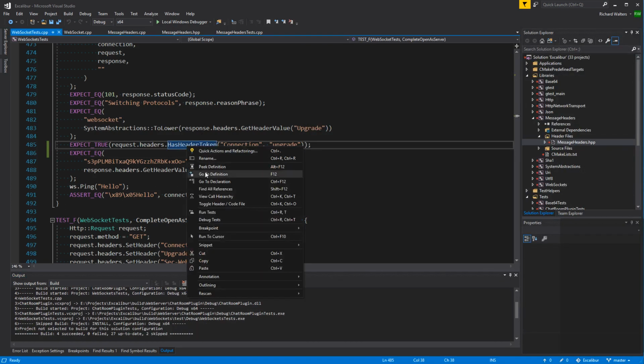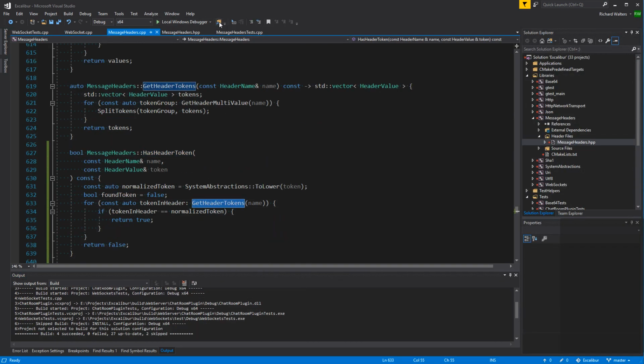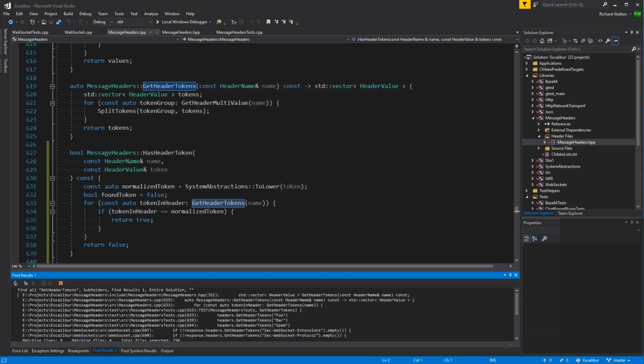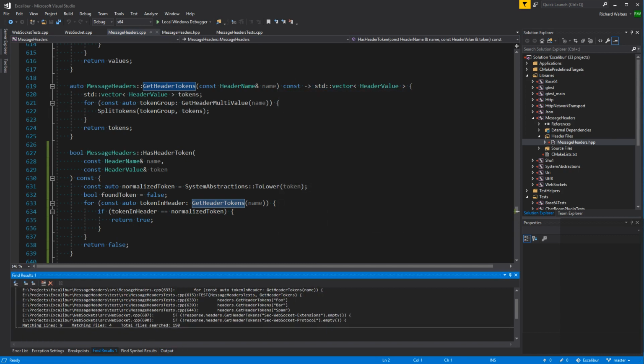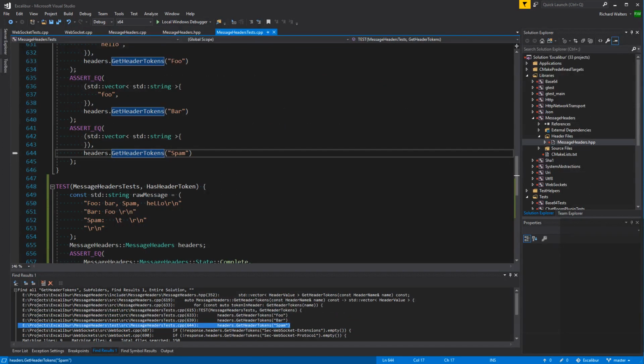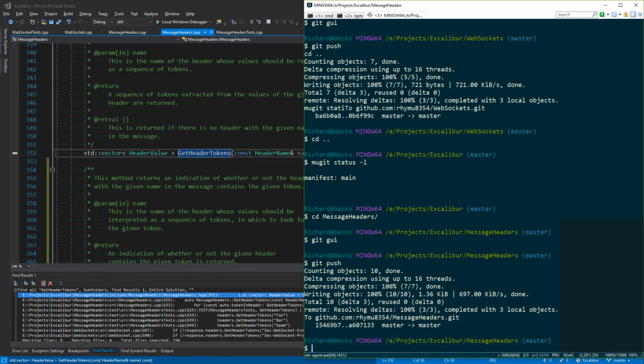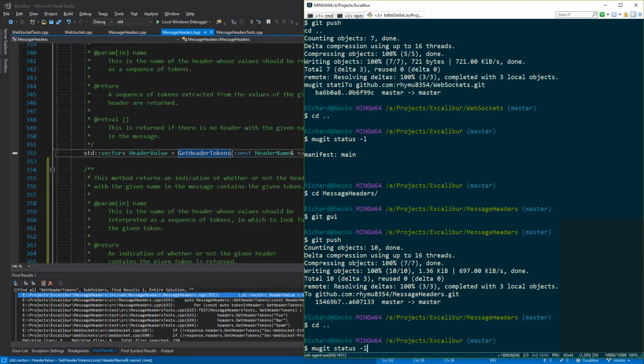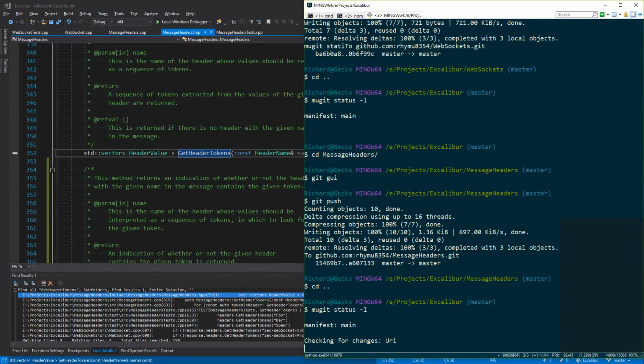Now, let's see. Did I get them all? Did I catch them all? The two not empty ones, and this is the test. Okay, I think that's it. So, is that only in WebSockets where we use this stuff? Yeah.